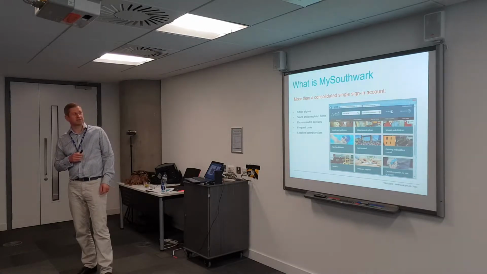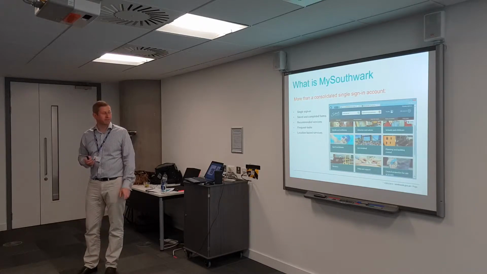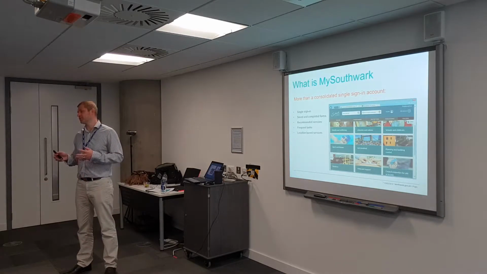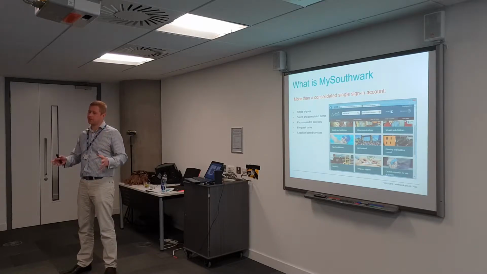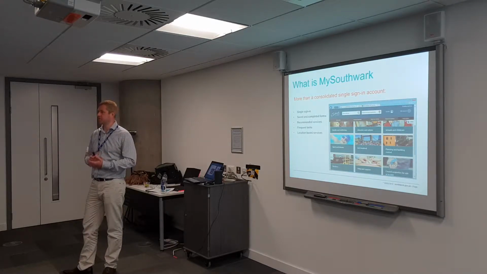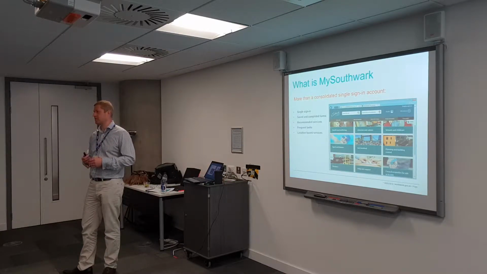And then we've got a section called the location services, which is your area. In our original version of My Southwark, which wasn't responsive, this was a very long list of over 40 data sets, which was based on where you lived. So we know your UPRN from the address you've given us, and we can tell you who your local MP is, who your councillors are, your bin collection dates, all the standard stuff.